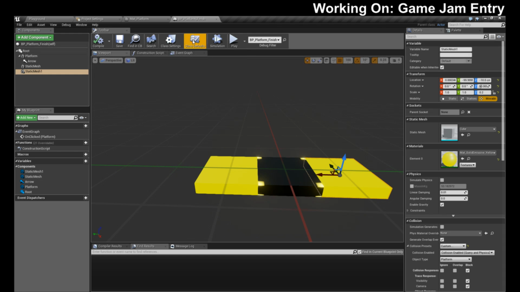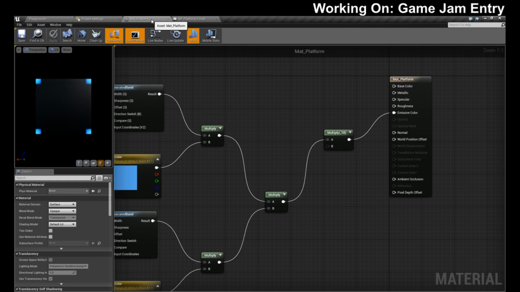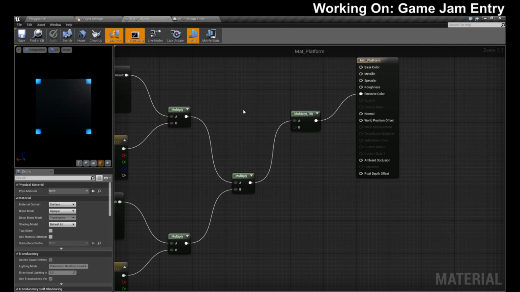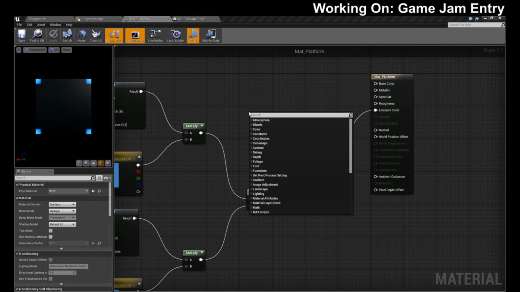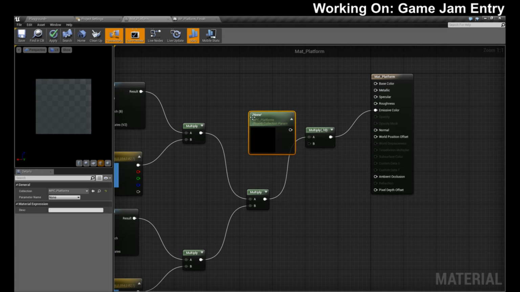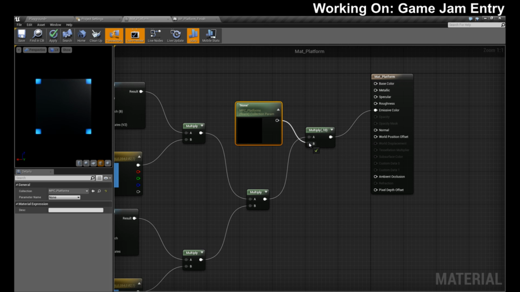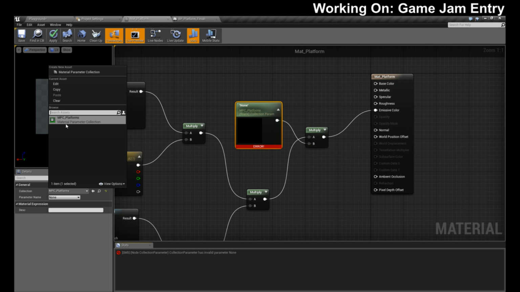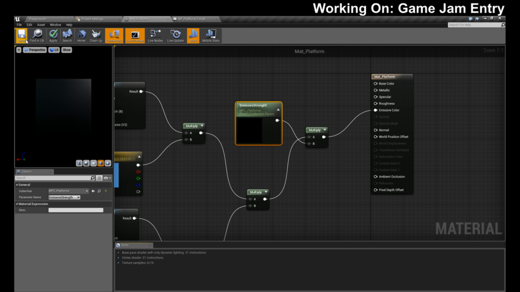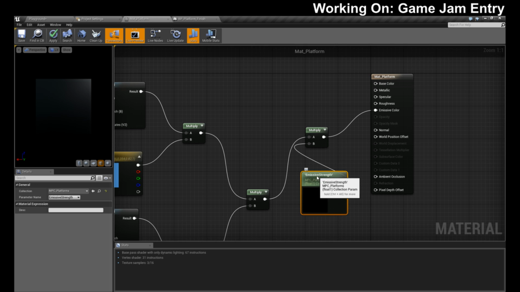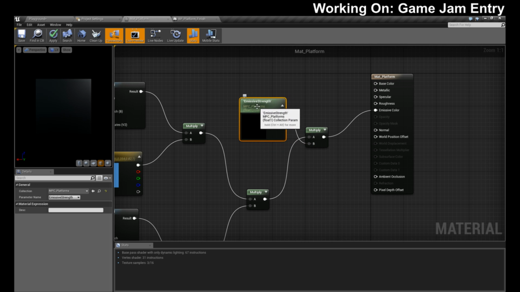Okay, good. That actually works for me. And then you want a collection parameter, goes into there. MPC platform, emissive strength, goes into there. Okay. That is ugly looking, but let's just go with that for now.